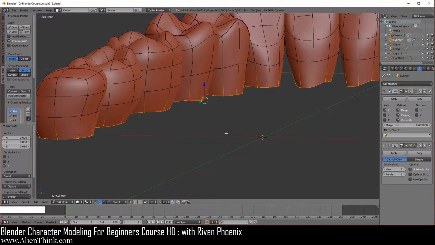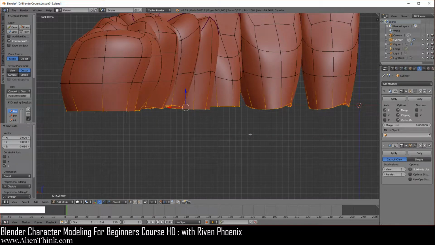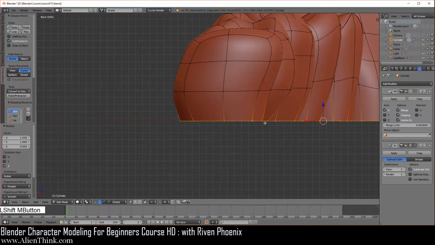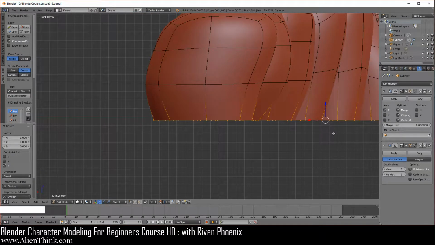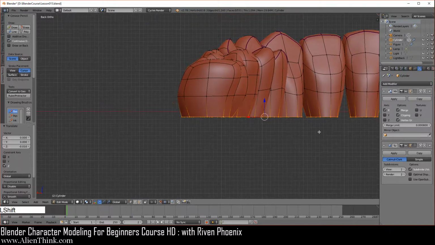Okay, so over here, once we have this, we're going to do Control 1 and we're going to press the S key to scale, press the Z key on the Z axis, press 0, and then click the left mouse button and shift middle mouse button to pan over here, and you see where this red line is. Now we're just going to bring it down one time. It's not like we have to, but we're just going to do it.